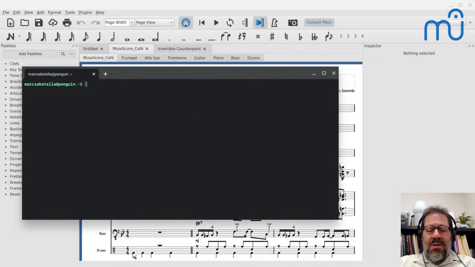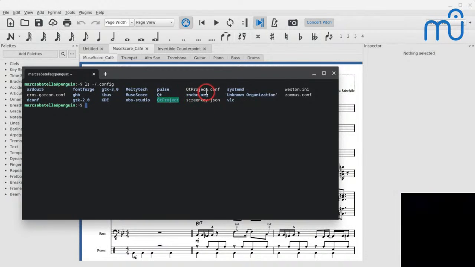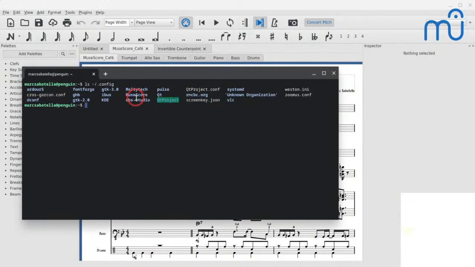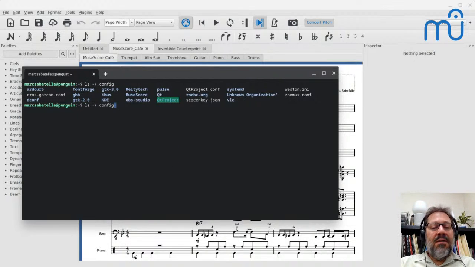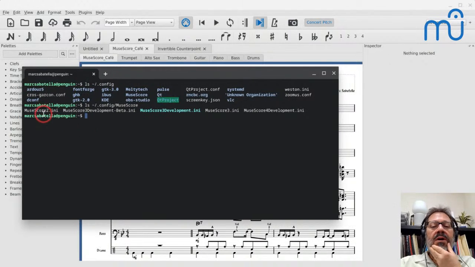I have to think about where it is. I think it might be config. If I find it here, then I can tell you where it is on Windows. No, it's not there. See, that's the thing, I can never remember where these special folders are. I can never remember this stuff because I keep moving from system to system and so forth. But somewhere or other, there is a special folder where